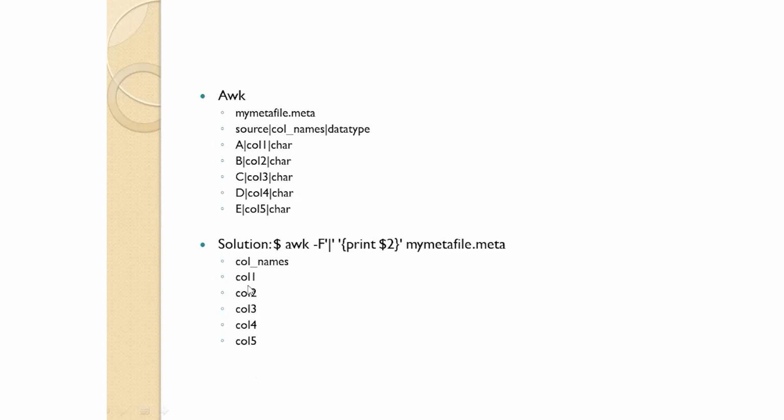Then you can do your data analysis, or you can copy all these columns into your Excel sheet, and then you can copy the header from the actual file which consists of data. Then you can do your data analysis when you want to run any pipeline. Before running the pipeline, you should check whether your data has the correct format or not, whether it is having the full data or not. So in that case, awk is a very useful command which is used for data analysis on a day-to-day basis.